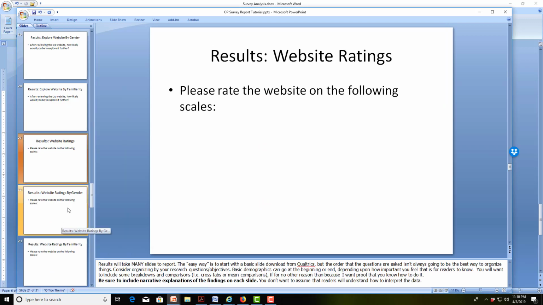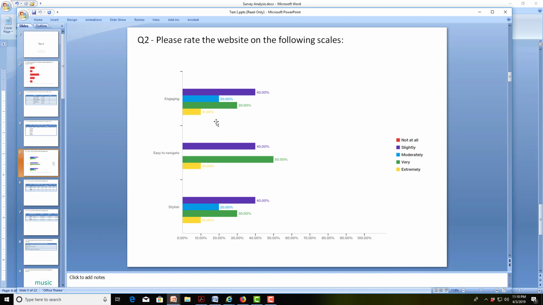into here. In this case, this might take more than one slide to really report the findings, but you can input this information in the same way. I do want to draw your attention to this particular slide because if you will recall in the last video, we showed how here we have the frequencies of each of these scales. So I think that that's nice to report because it gives you an in-depth insight into each one of these